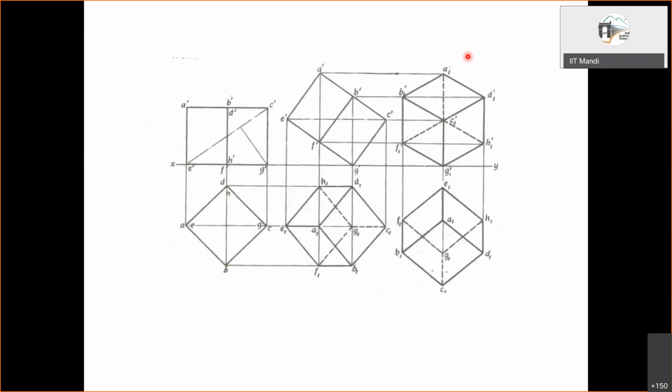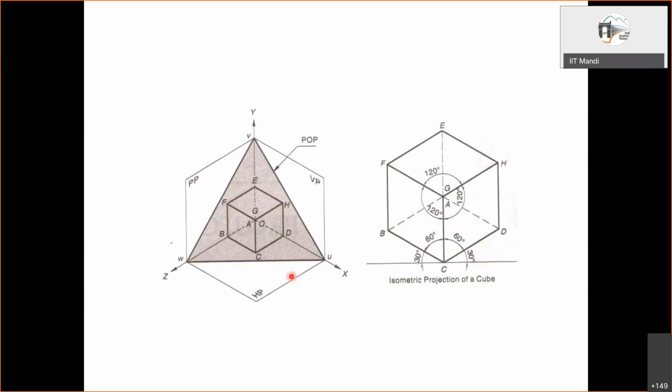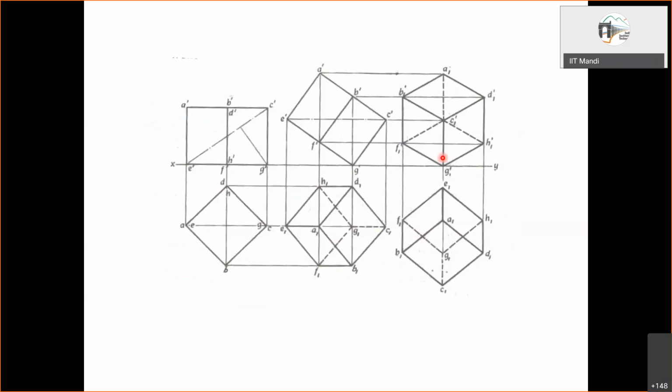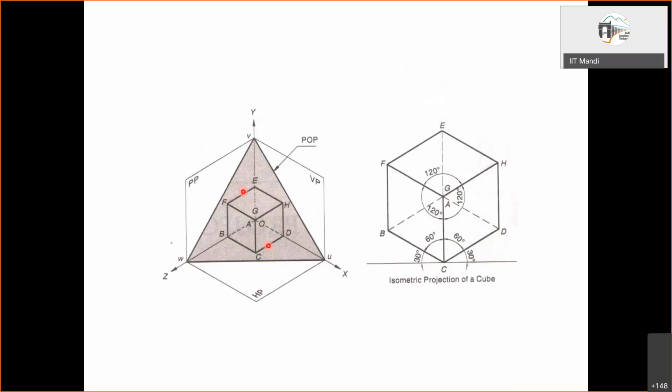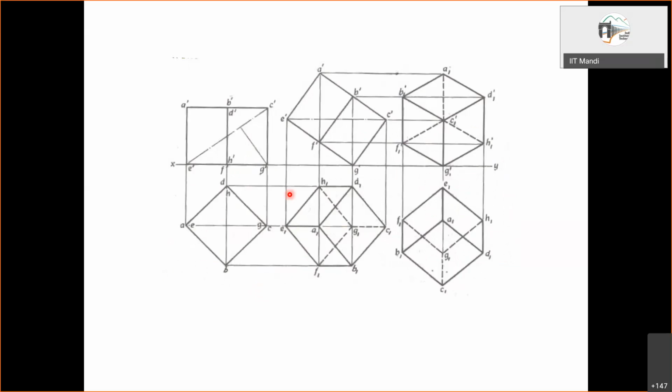See here in this particular thing, this final view, if we are talking about, you see all these faces are equally inclined to the vertical plane. If we talk of this here, actually this is showing the different orientation. Whatever we have seen here, this face, this face, this face, these are equally inclined to the vertical plane. But the same thing here is occurring with the plane of projection. So the previous one was just for visualizing which kind of orientation the cube is having, and how the three faces are becoming visible to us. That was the purpose of this slide, where in the third step we obtained this.